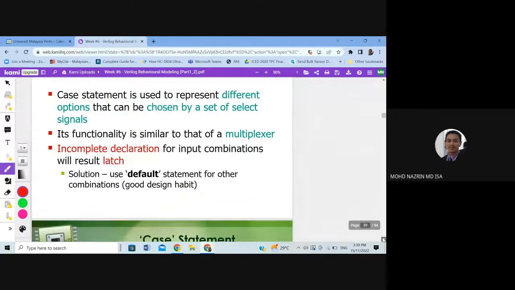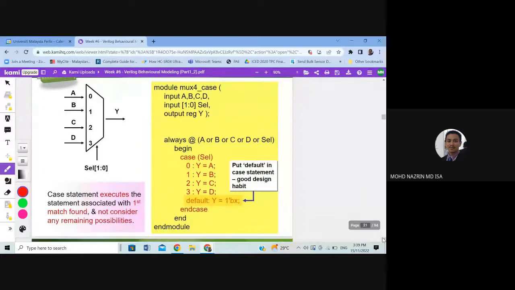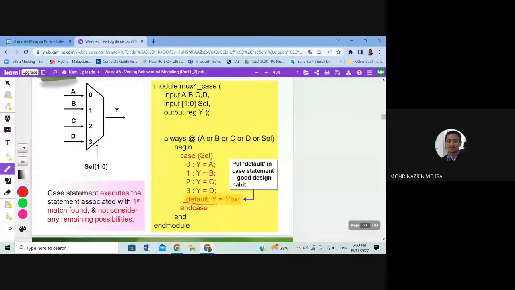Saya ada kat bawah pun. Satu lagi case statement. Case statement also important. We need to have default kat sini to avoid unwanted latches. Tapi dalam case yang macam ni, so we have 4 input here, okay, and then selector